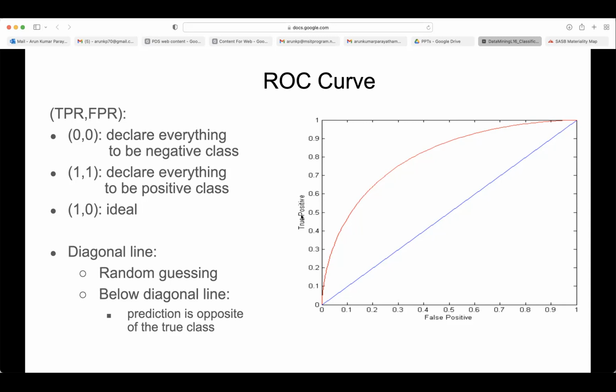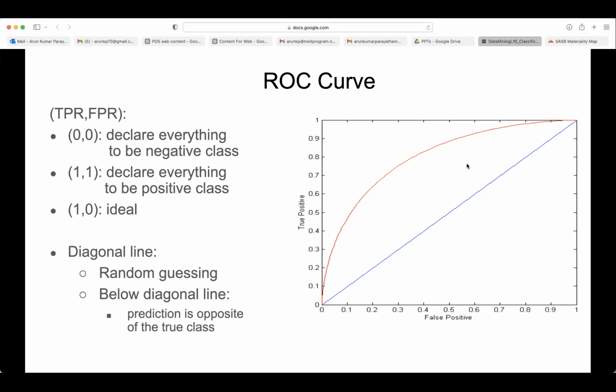True positives should be high, right? They should be positive and you should also be predicting them as positive. If you make many mistakes, then your algorithm is making many mistakes. The false positives should be less. So the ideal value is that the true positive rate should be 1 and the false positive rate should be 0. It means you are able to catch all the positives without making any mistake. That is the ideal case.